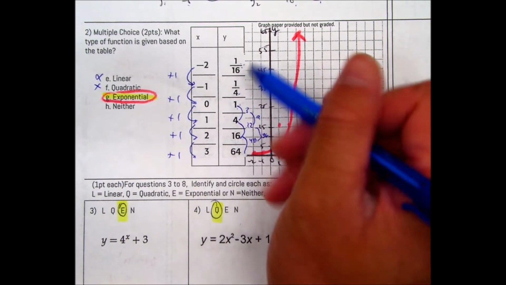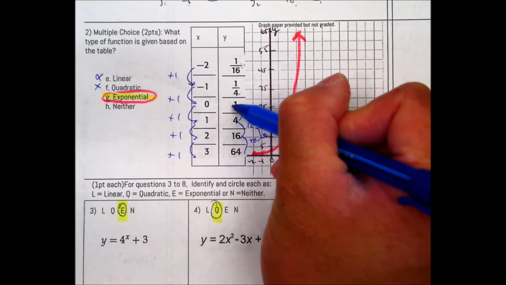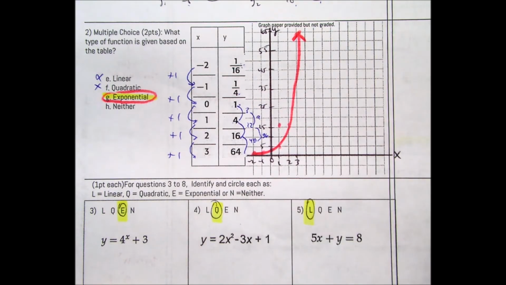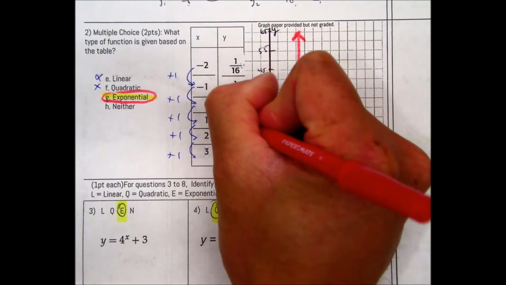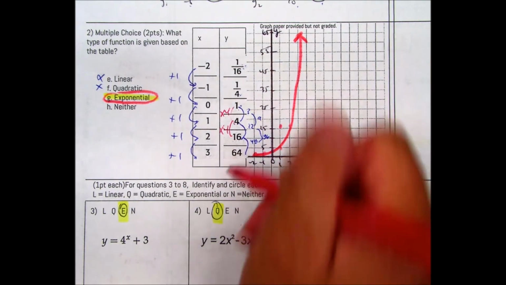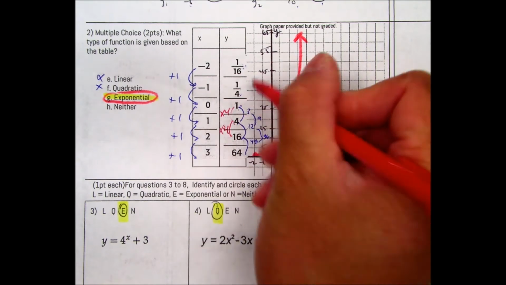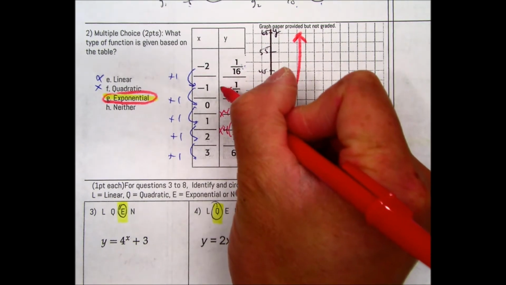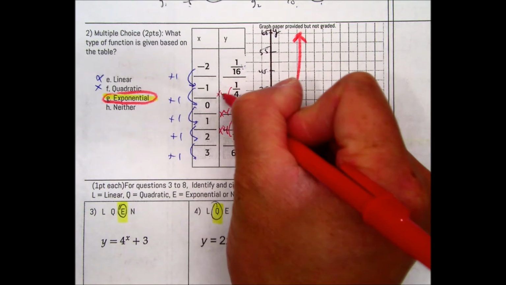Then the third one is you realize that they're just multiplying by 4. From 1 to 4, just times 4. Times 4. Times 4. Right? So if they have a common ratio, so 1/4 times 4,